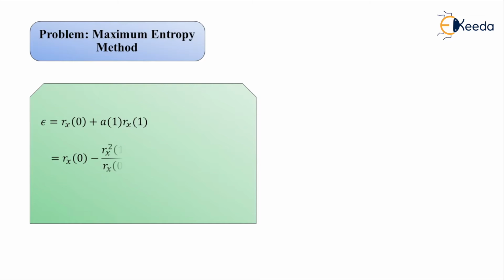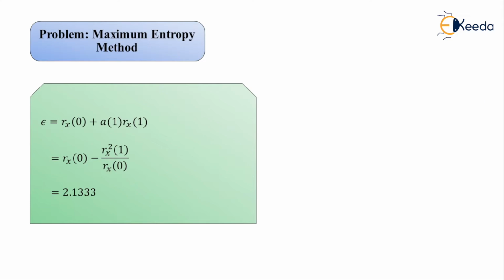So this can also be of the form Rx of 0 minus the square of Rx of 1 divided by Rx of 0. So upon substituting the values from the coefficients of the autocorrelation sequence that we have obtained earlier, the value comes out for epsilon to be